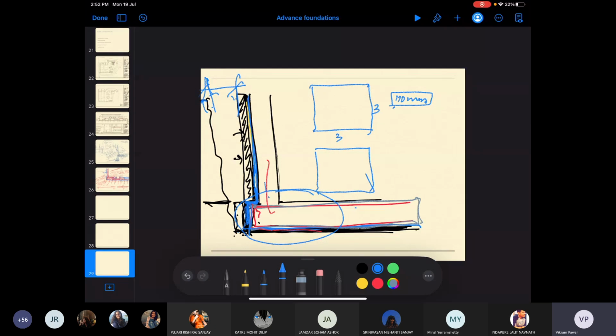Is it going to be more? It will be more, but how much more? 150? Chalega? Ki 200? Ki 250? Ki 300?